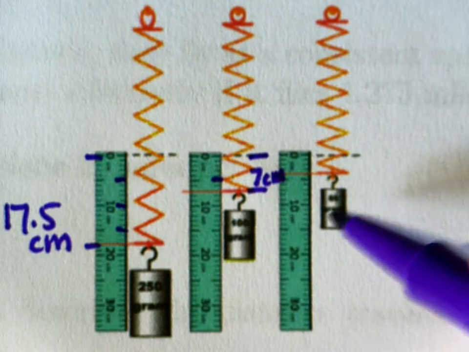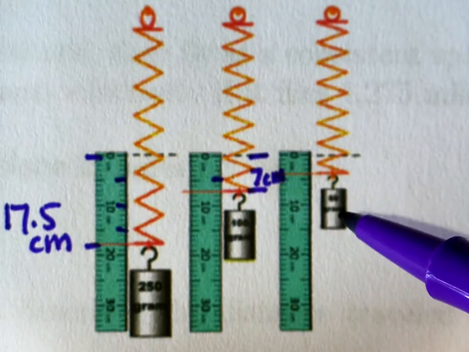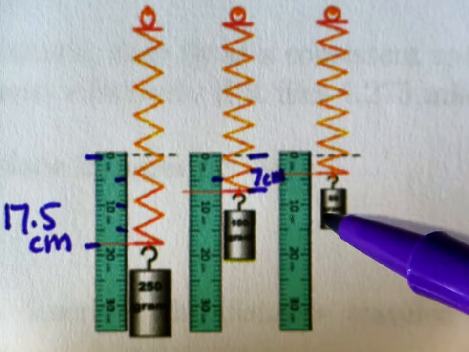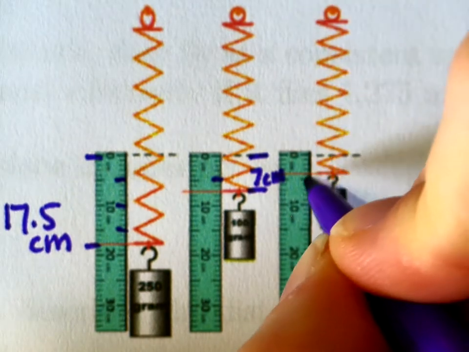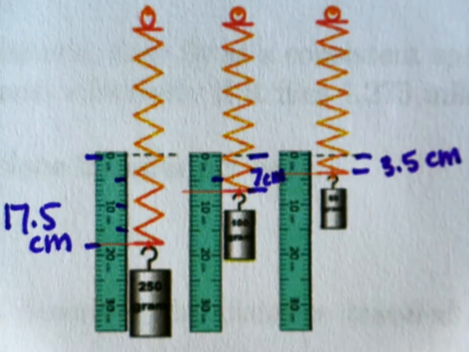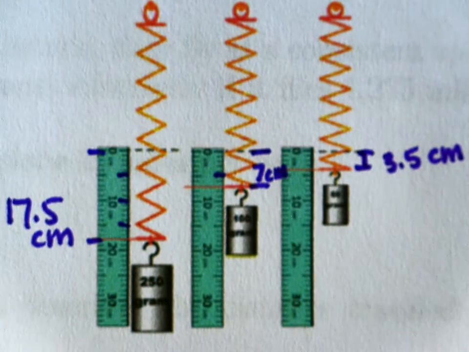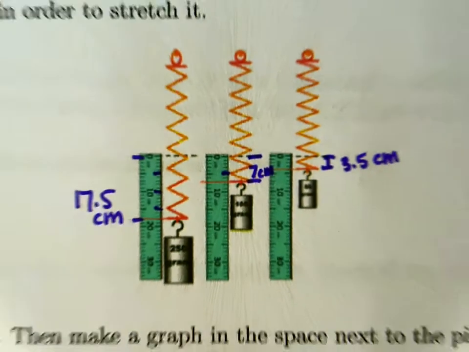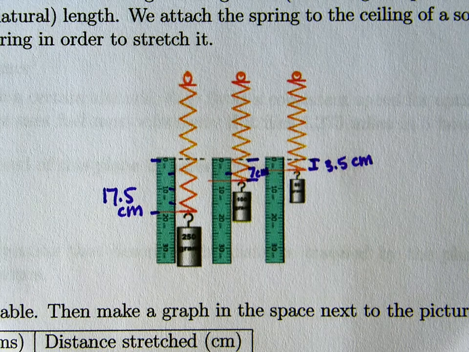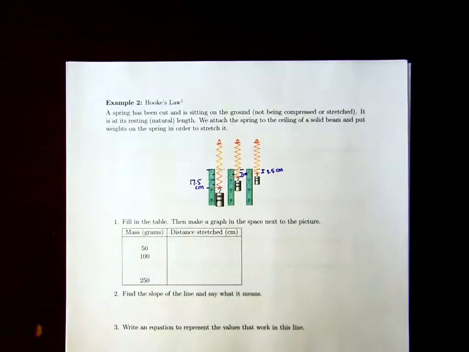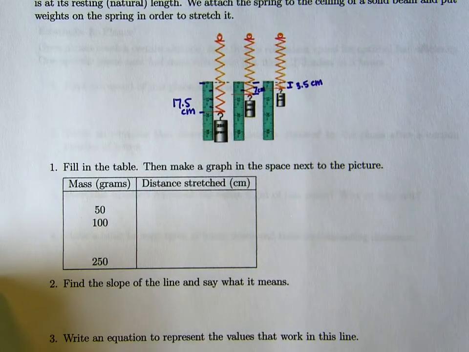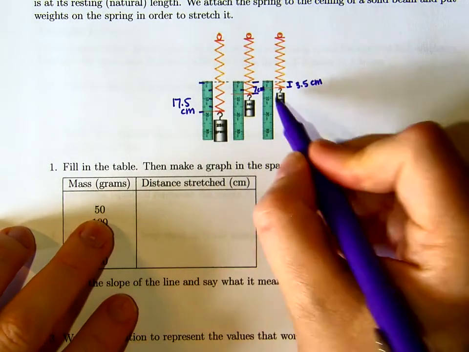And then we look at this little guy. What is that? That's 50, by the way. I know it looks blurry, but this was 50 grams of weight. Each gram is about a sugar packet. So this one is about 3.5 centimeters displacement or stretch. Yeah? Okay, so I'm going to zoom out. Is that even more clear? That is a little bit more clear even. Anyway, so just so that you see where all of these values come from, how much did it stretch? Let's write that down. So when it was 50 grams,